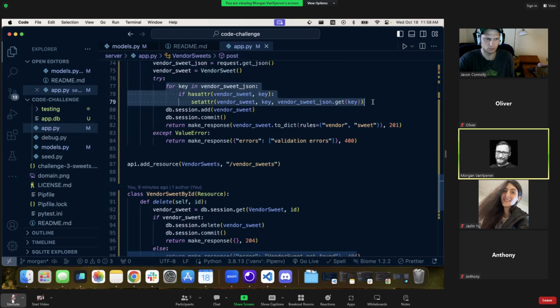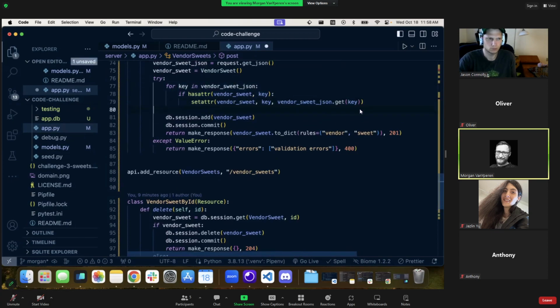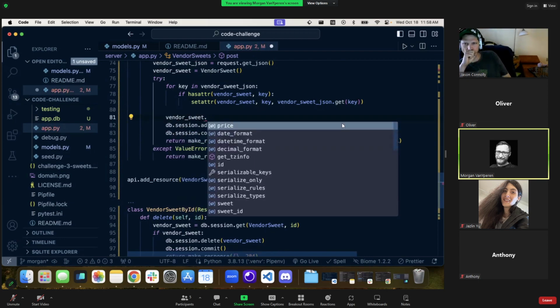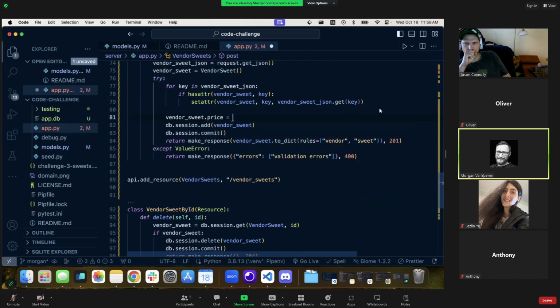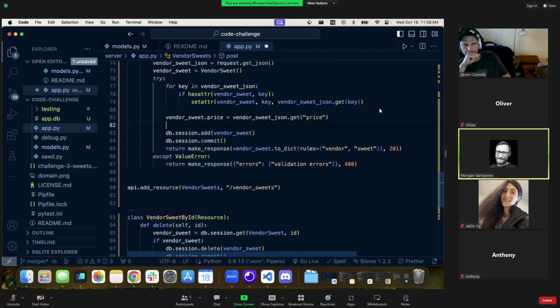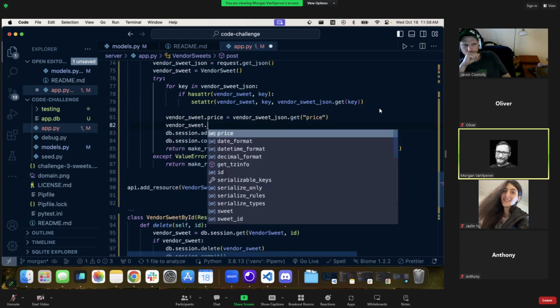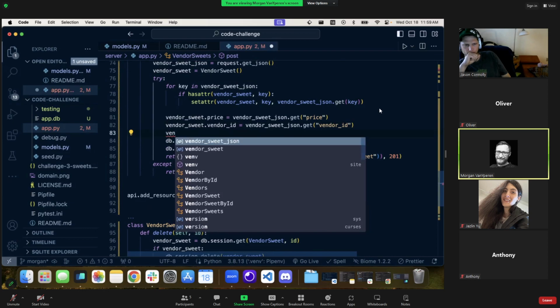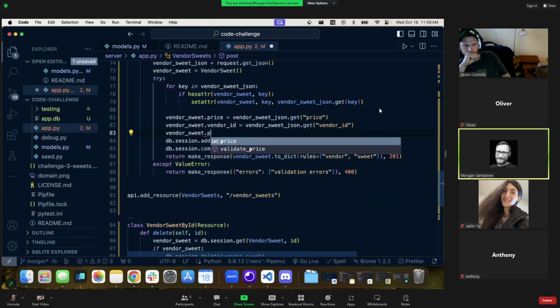So this is just a shortcut for doing something like vendor suite dot price equals vendor suite JSON dot get price, vendor suite dot vendor ID equals vendor suite JSON dot get vendor ID, and vendor suite dot suite ID equals vendor suite JSON dot get suite ID,